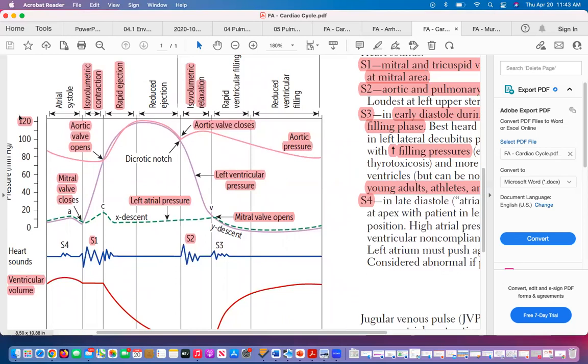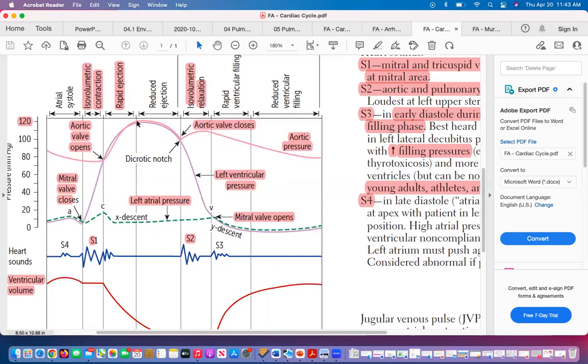That's the systolic pressure, what you measure as 120 in a normal person. That's basically the aortic pressure at the end of the rapid ejection phase that you are measuring. That's the highest amount of pressure of the blood